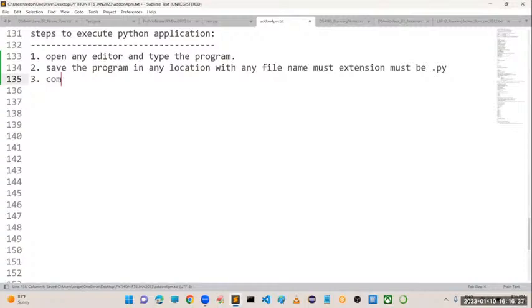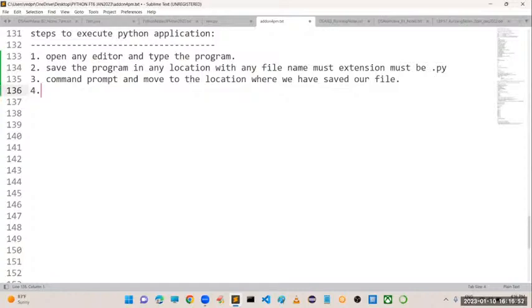The third step is that we have to open the command prompt and move to the location where we have saved our file. The fourth step is that we have to run the Python program or file by typing py, space, whatever file name you have given, .py.